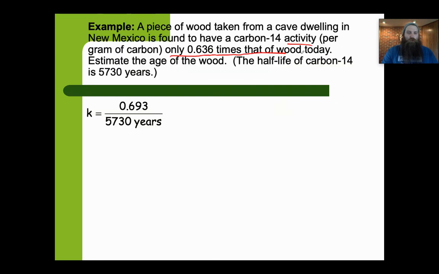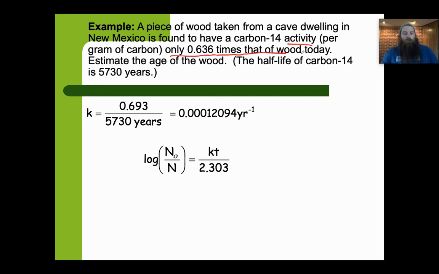Sorry. Here we go. So let me restart that thought. So how can I figure this out right here? Okay. I know it says that the activity that it's found to have is 0.636 times that of wood today. Well, N is the activity now, and N sub 0 is activity when time was equal to 0 at the beginning, at the start of